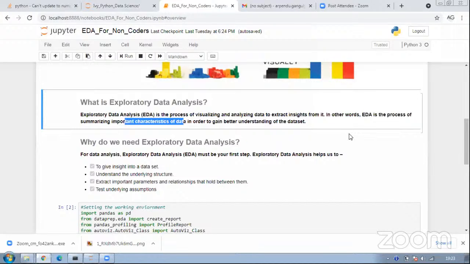What Python will help with here is that we'll try, as I said, very few lines of code, and we will try to have an interactive way of doing this. So we'll not go the standard Python way of writing long chunks of code for doing correlations and finding statistics and all of that. We will be using some very beautiful packages that have come quite lately, and I got some time to explore them. I thought it would be a great way to introduce them to you so that you can explore and use them for your own work, right?